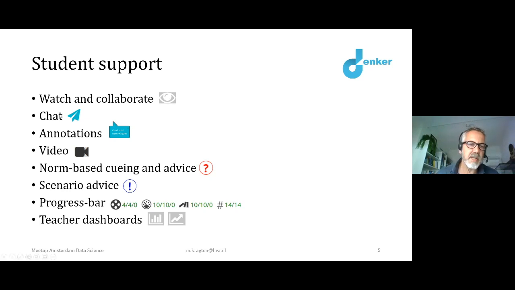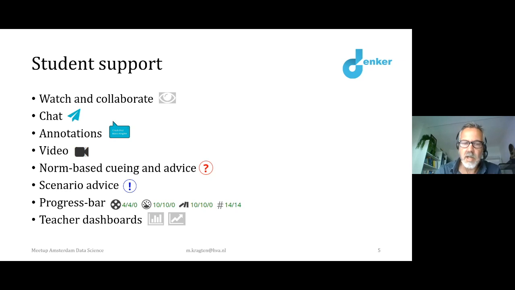What we've also created is a built-in chat function. That was especially convenient in the COVID time when we gave a lot of lessons online. We first chatted with Teams or something, but that was very inconvenient because you have to switch between screens, and you have to check which student is which, and then go to the model. So it's now built in, and when you go to the model of the student, you can see that they have chatted something, and you can react to it immediately while you're watching the model that they've created.